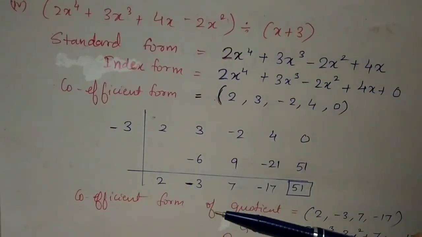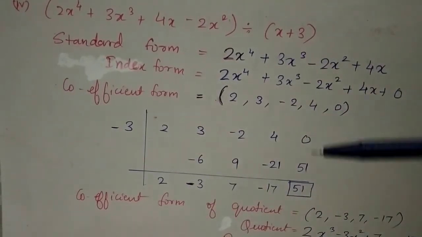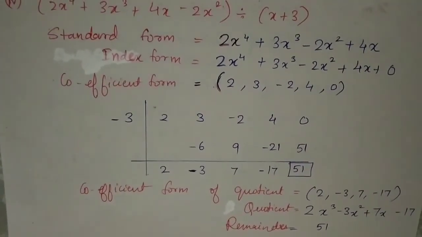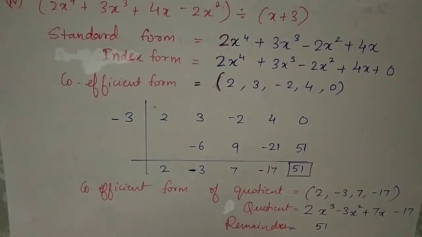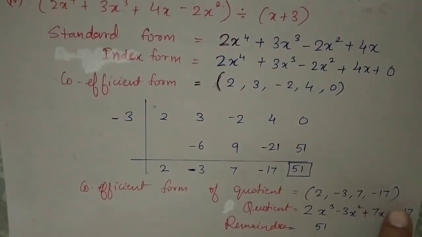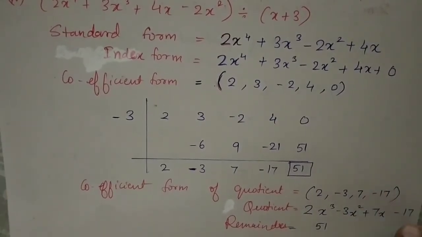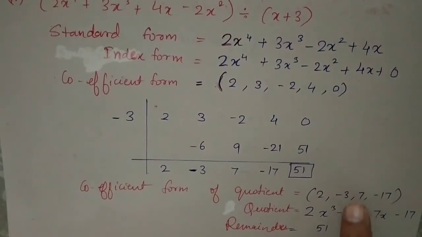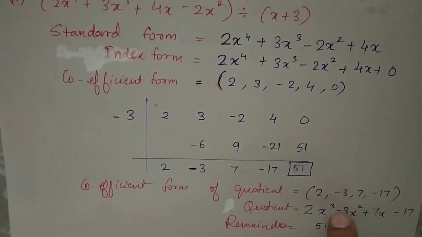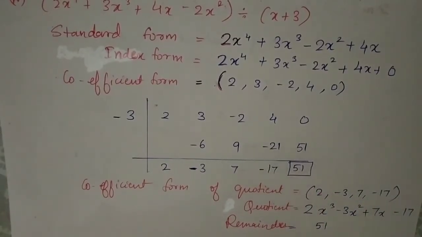So write down the coefficient form of the quotient because these are the coefficients, right? 2, minus 3, 7 and 17. Here. So what will be the quotient? How do I write down this? See, what do I do here? I write down 17 here, 7 here, minus 3 and 2. Last is only the number. Then this is 1 part, 2 part and 3 part. So like that I write down x raised to 1, x raised to 2 and x raised to 3. So this is your quotient and lastly the remainder.